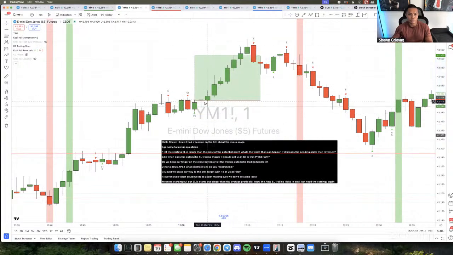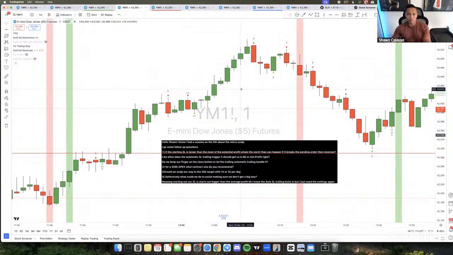So if you're in a position right here, this probably would have stopped you at break even. You probably would have to pay commissions and fees, but it's better to have a small little loss versus having a full stop loss. So as long as your trailing stop is set up properly, you should have no problem. It should almost always get you out at break even, small profit or big profit. It just kind of depends on how the volatility is during that time.